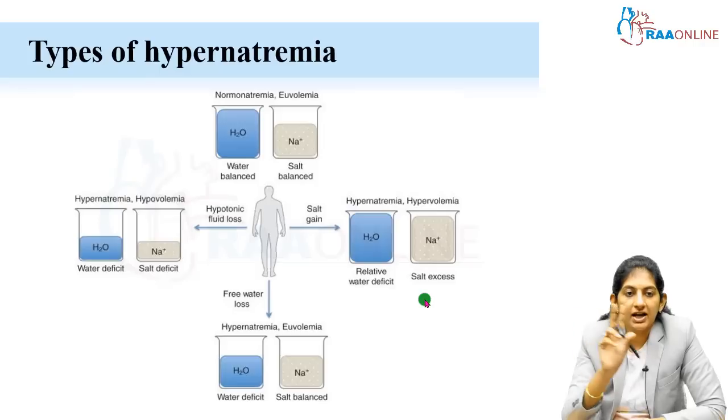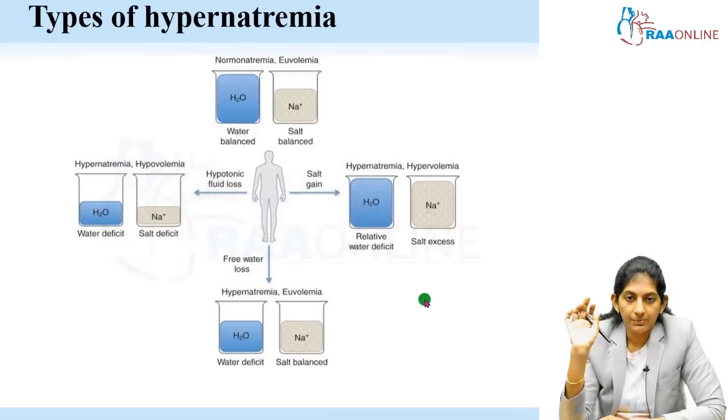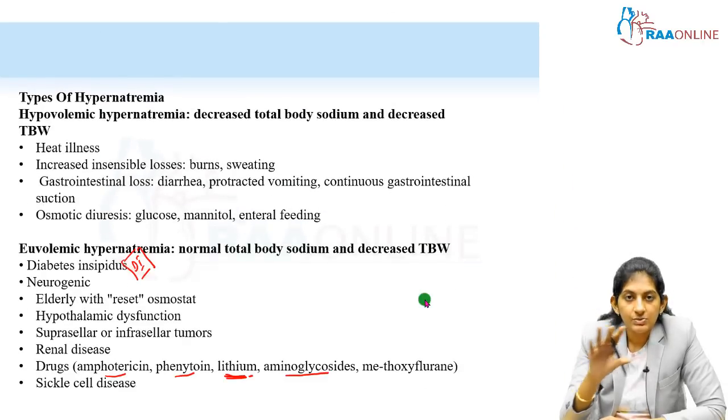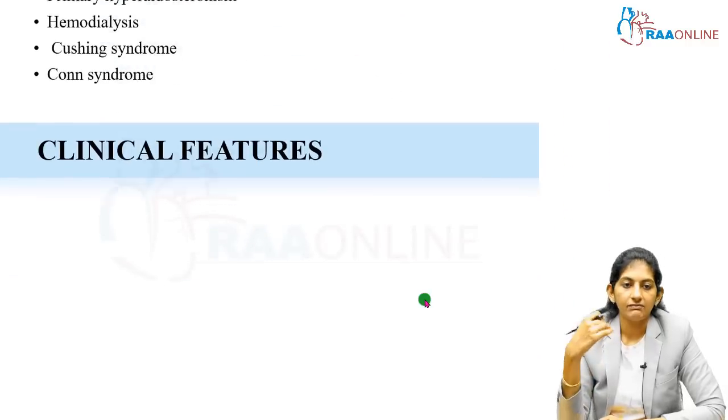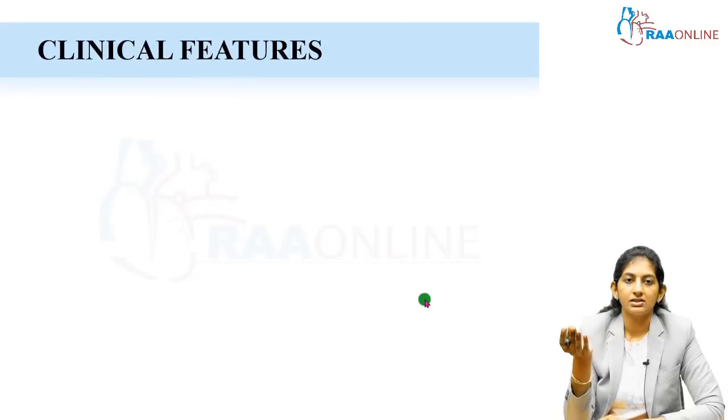The other two will be hypovolemic hypernatremia. It is very simple for you. Hypervolemic hypernatremia is all your salt ingestion, salt infusions, aldosterone excess, etc. Okay. So, these are the types of hypernatremia. The management is going to be so different for all these three. So, our basic fundamental understanding of this is important. Okay. So, with this understanding, we will go to the further discussion.